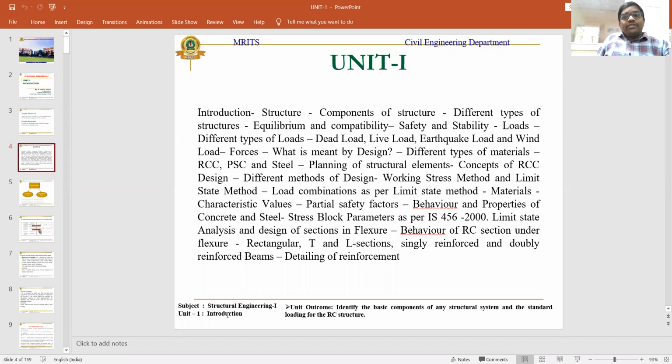As per IS 456 2000, the grades of concrete can be classified into 3 groups according to the characteristic strength of concrete. How do you find the characteristic strength? Based upon the test you have performed in the lab, known as the cube test, you find out the compressive strength of concrete at an age of 28 days. This compressive strength is expressed in Newton per mm square.